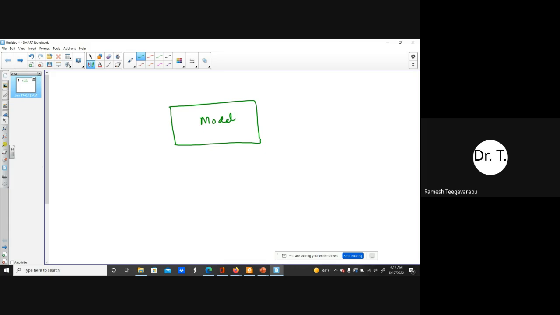And then we definitely have some inputs, and we also have the initial conditions, or boundary conditions, whatever you want to call them. And then on the other side you have outputs. I'm not able to write it very well, but those are outputs.